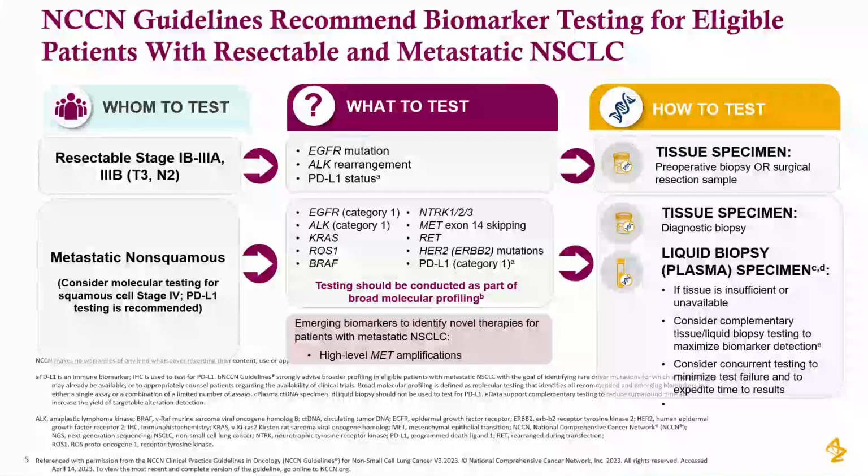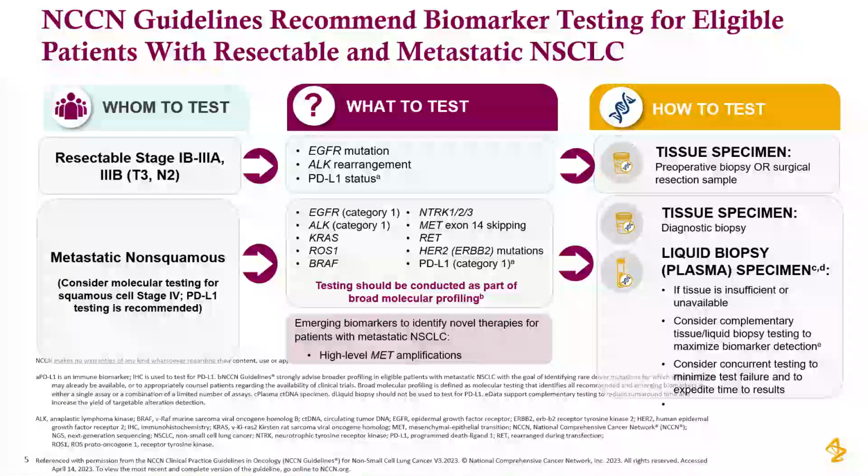This diagram shows the tests I mentioned previously. In resectable cancers, because of recent advances in perioperative immunotherapy, we have neoadjuvant or adjuvant immunotherapy. We see EGFR and PD-L1 status in the non-metastatic setting. Whereas in the metastatic setting, as you all know, EGFR, ALK, ROS are the Category 1 recommendations according to the NCCN, and the remaining we also have to do as Category 2A recommendations. Even in squamous cell carcinomas we have to do these tests. And the next thing is